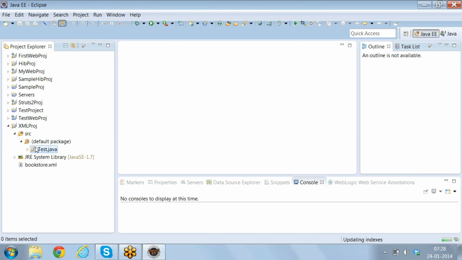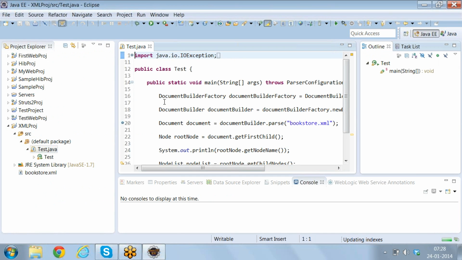The DOM parser. Why do we use a DOM parser actually? What is the purpose of a DOM parser? Basically, a DOM parser will parse an XML document and it generates